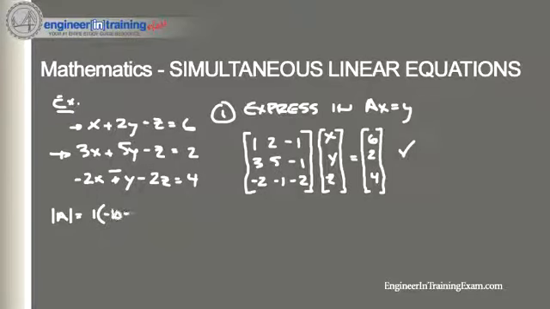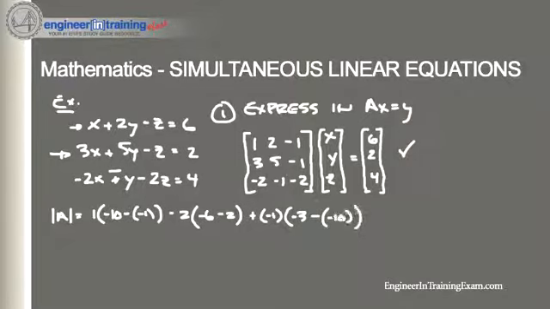minus 1, minus 2 times negative 6, minus 2 plus negative 1 times negative 3 minus 10. And calculating all that out, we'll get that the determinant is negative 2, so it does exist, which means that